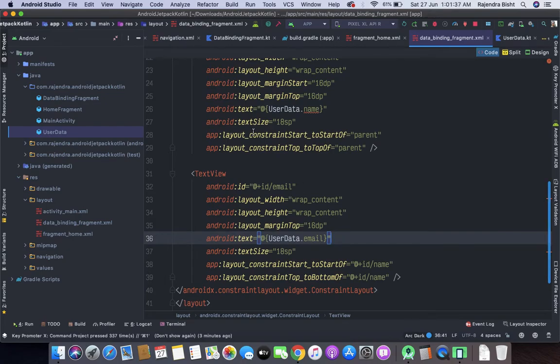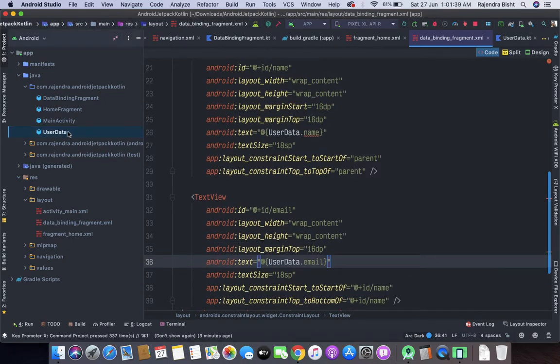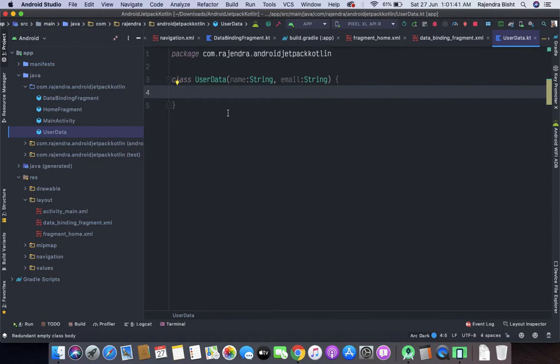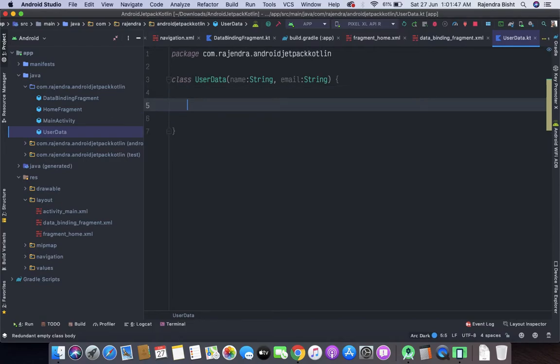For this we will need to set up a getter and setter inside our model class.